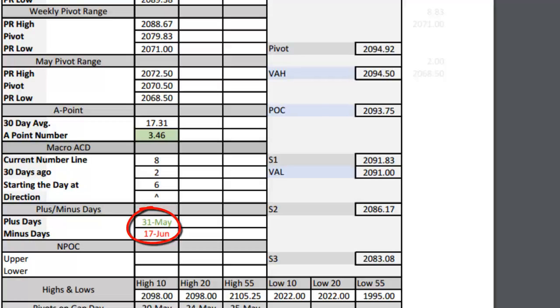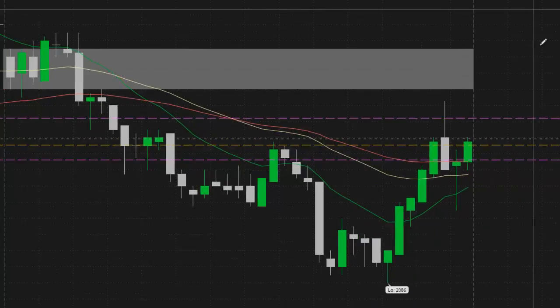Our next expected plus or minus day is going to be June 17th, and we're going to be expecting a minus day on that day. Okay, so that is that. All right, now,